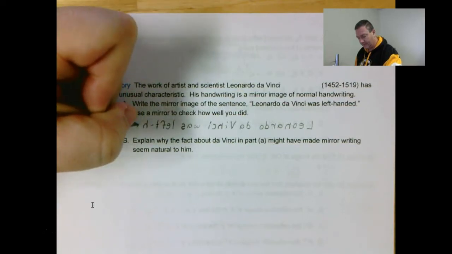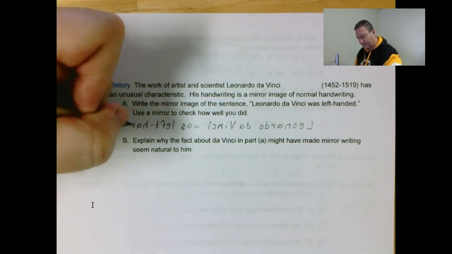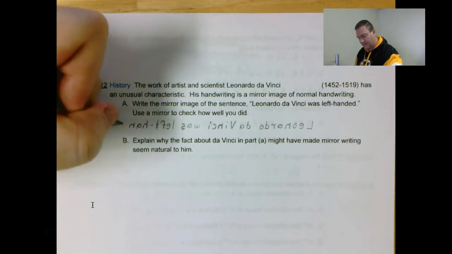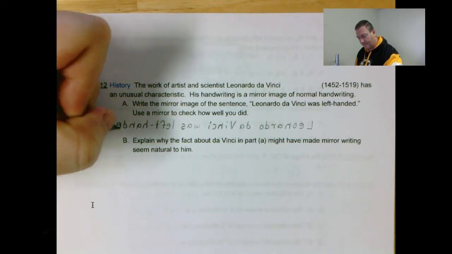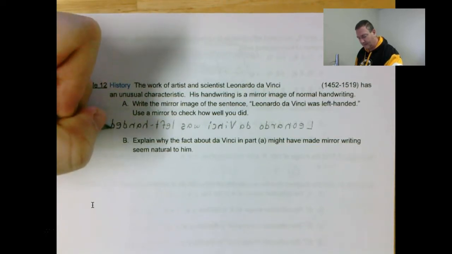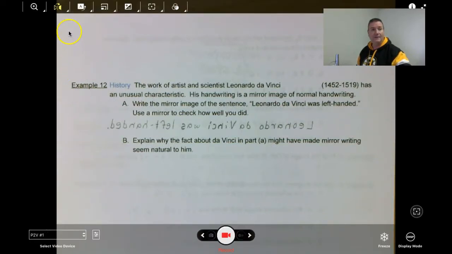A. N gets reversed. D becomes a B. E. D becomes a B. Period. And I think, if I'm lucky, there's a way of flipping this image